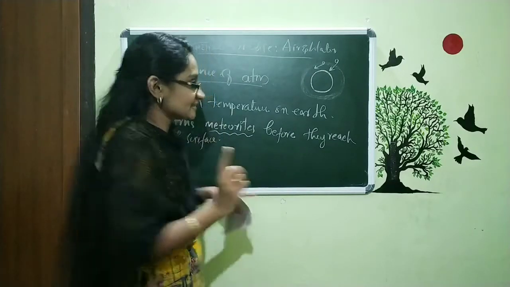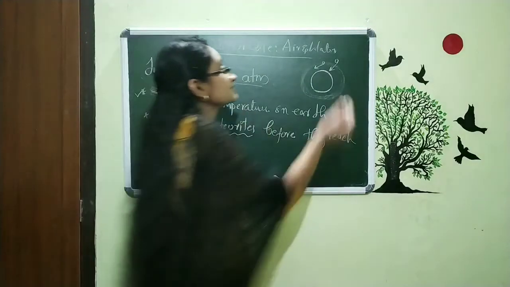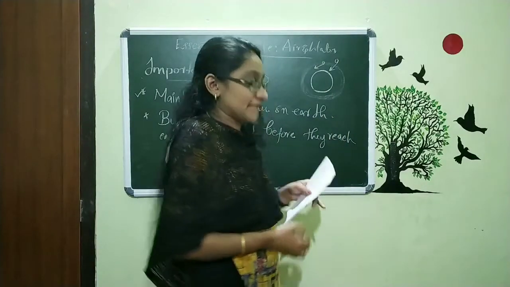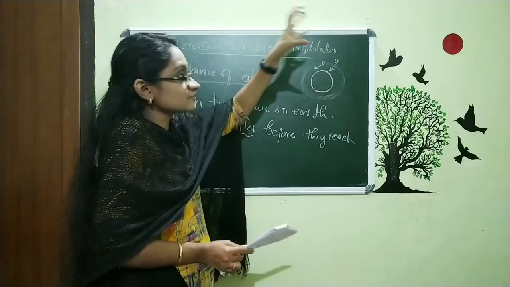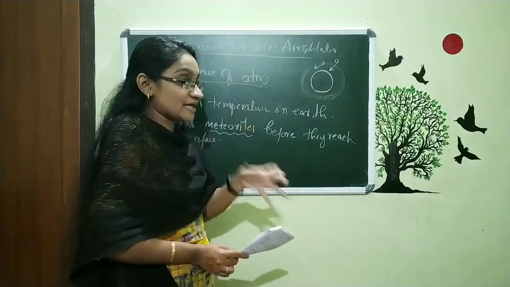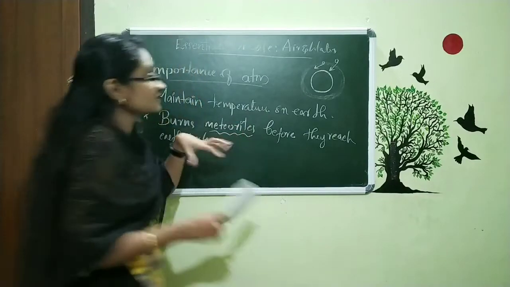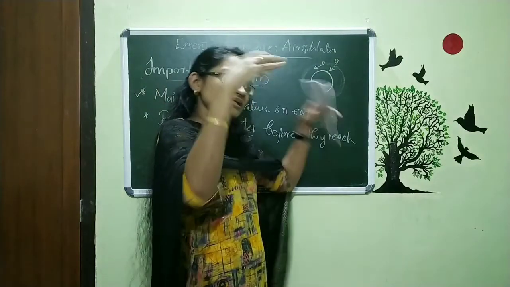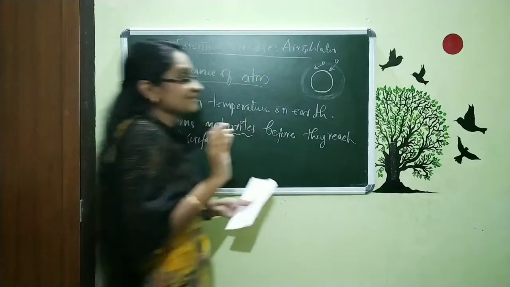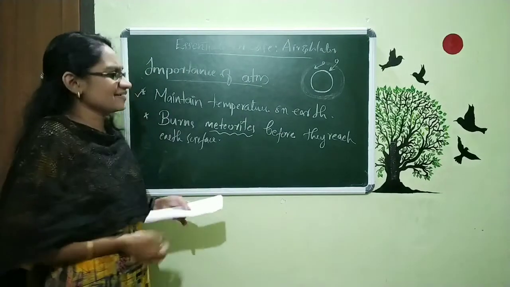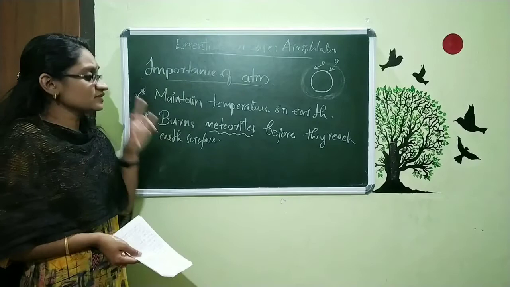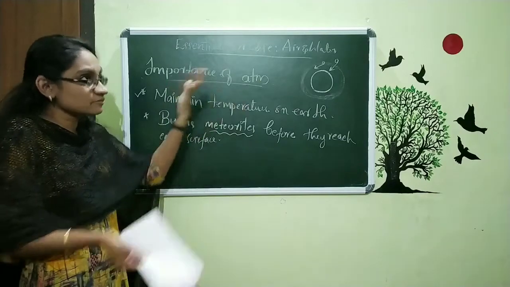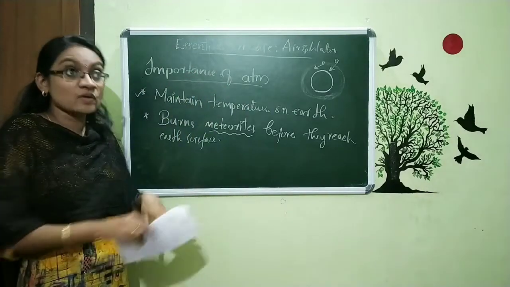But our atmosphere helps this rock, these meteorites, to burn. When these fast moving meteoroids come, with the help of the atmosphere they just burn out and won't reach the surface of Earth. They completely burn out in the atmosphere. You will study it in detail in your 8th standard. Now, just understand that here one of the importance of atmosphere is this. If there is no atmosphere, they will come normally to our Earth and collide on the Earth's surface.